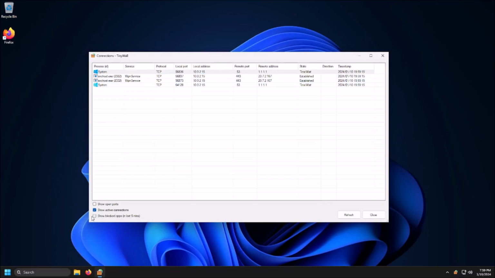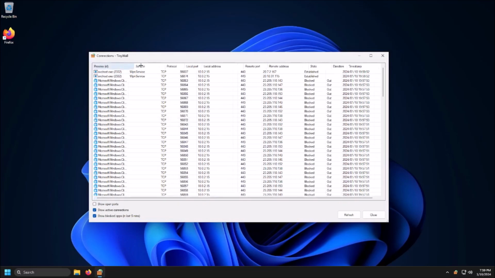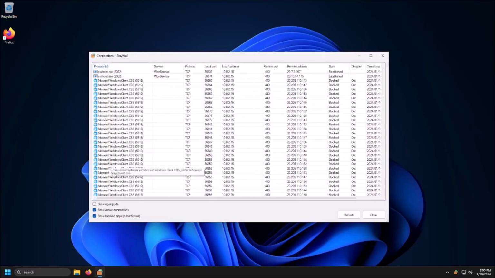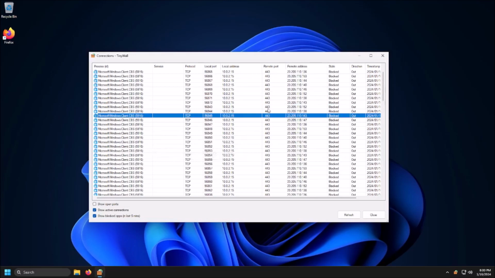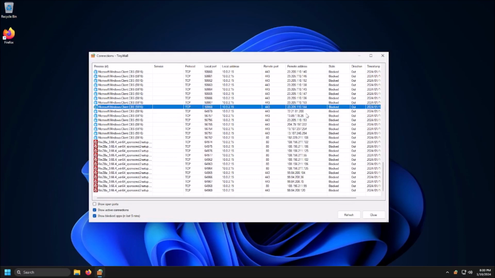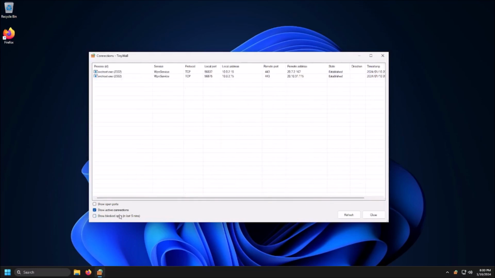You can show blocked apps. You can see right here that there is a ton. So specifically the store, I believe, Microsoft Windows client.cbs. I'm not sure what this is. Search host. Oh, it's search host. So it keeps trying to make all these stupid connections and I'm blocking it. So you can see that it's trying to ping to all these remote addresses on port 443, and it's going through this local port. It's going TCP, it's going out. You can see that it's being blocked,